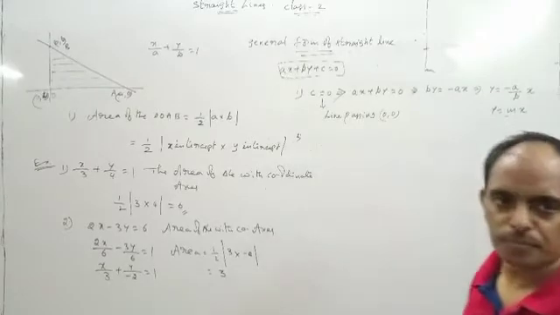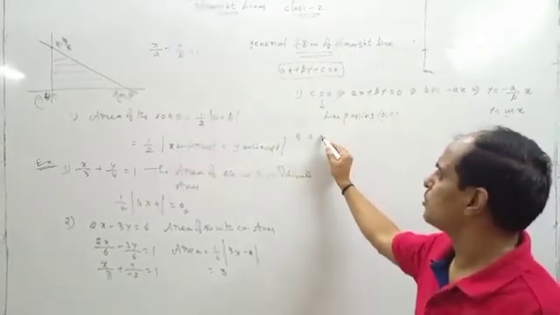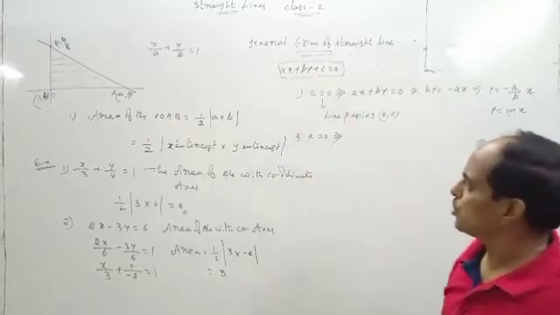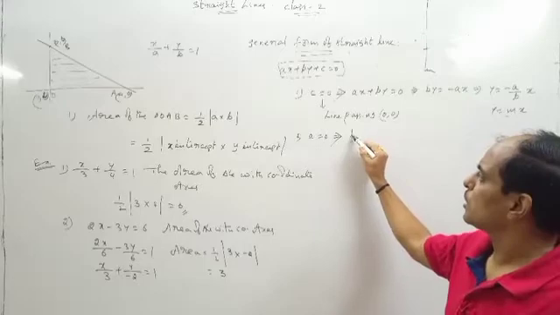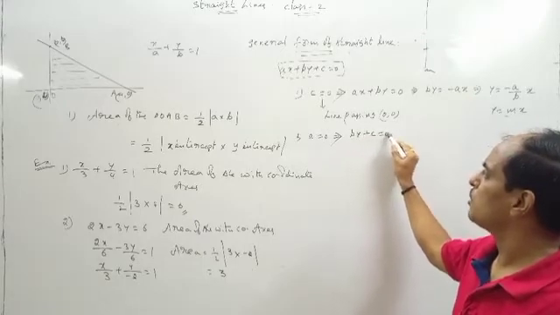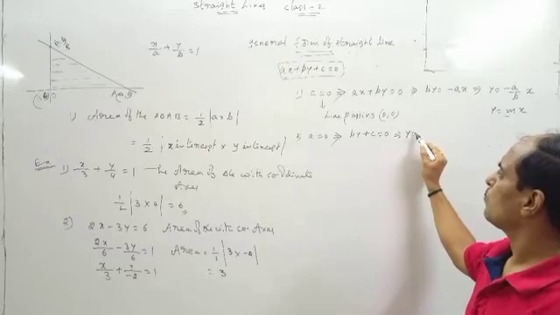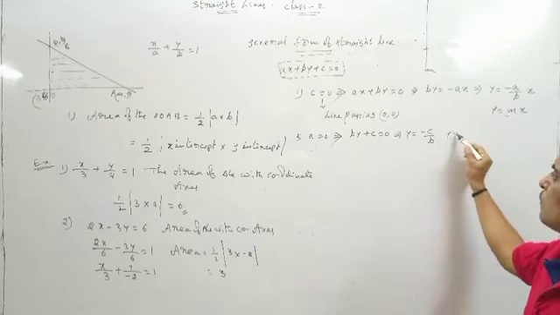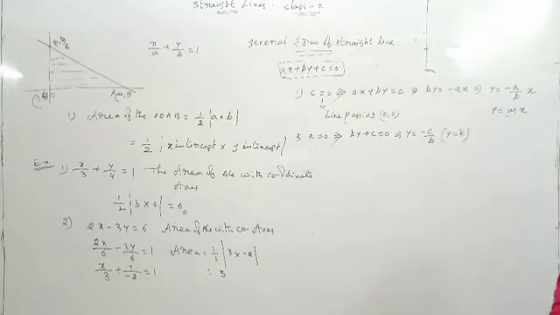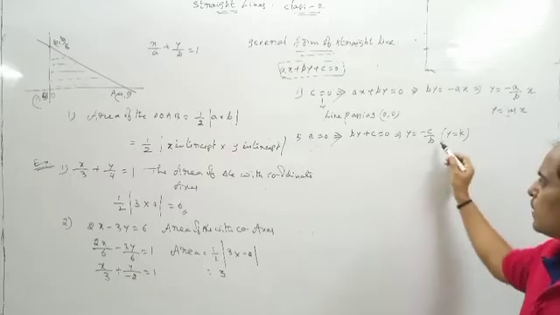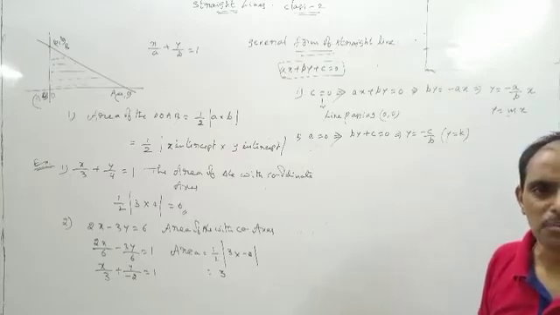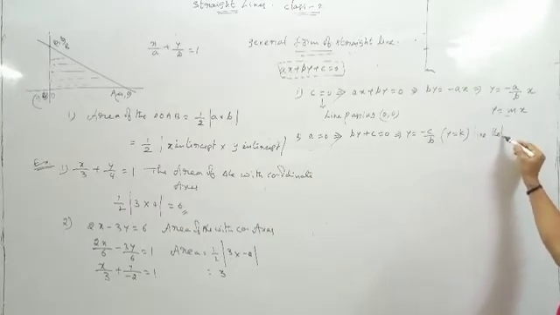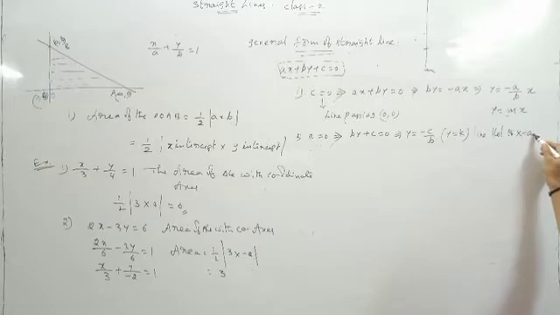Next point, suppose if a is equal to 0, then what happens? If a is equal to 0, now by plus c is equal to 0. That implies y is equal to minus c by b. So this is of the form y is equal to k, y is equal to constant. We discussed this in the last class. Tell me, the line is parallel to what? Parallel to x axis. Line parallel to x axis.